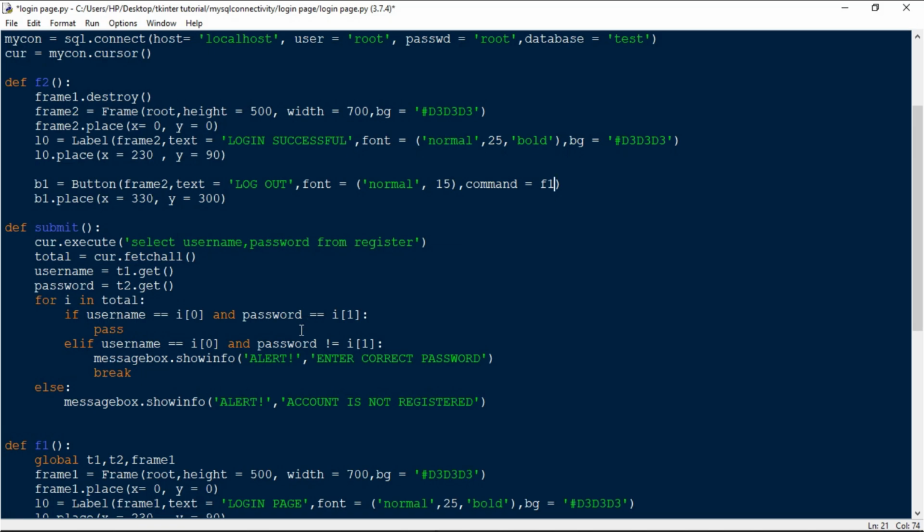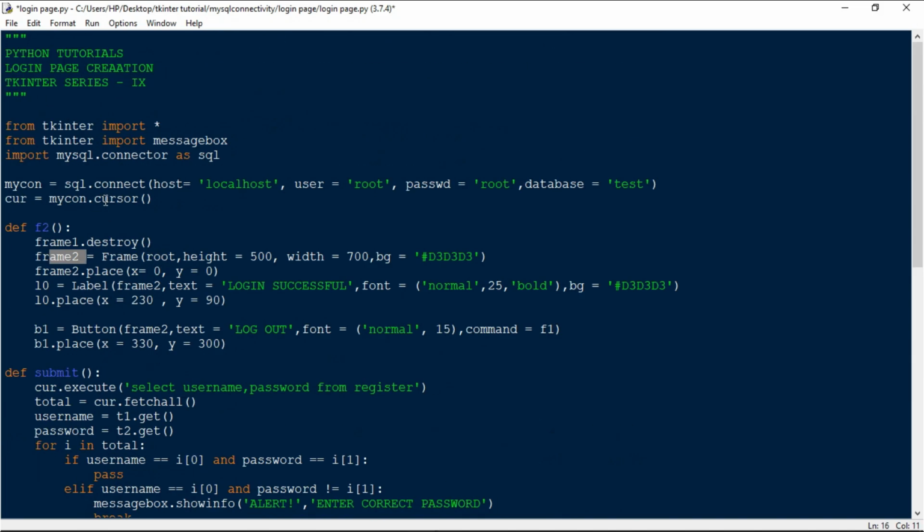So when frame 1 is called, this part will be a little tricky. Now we are in frame 2, and while inside frame 2 the logout button is clicked. Once the logout button is clicked, we are calling frame 1. So frame 1 will be created, but frame 2 will still be there inside the Tkinter window. That will not be a good way of doing the coding, since both the frames are active but we are not using frame 2, so it won't be an efficient program. To make it efficient, once F1 is called, we have to destroy frame 2.